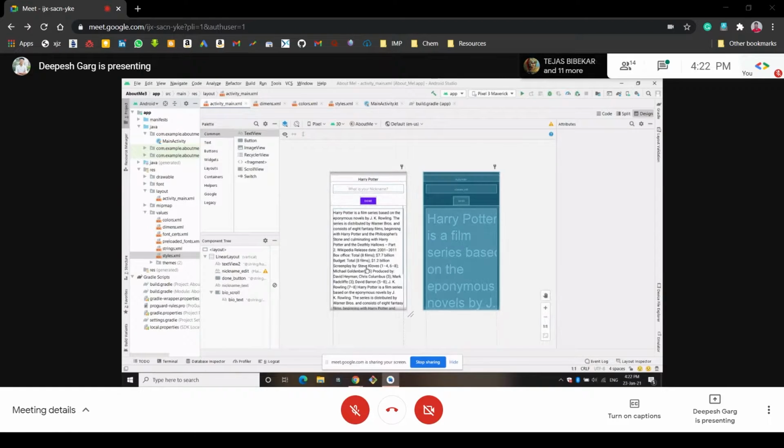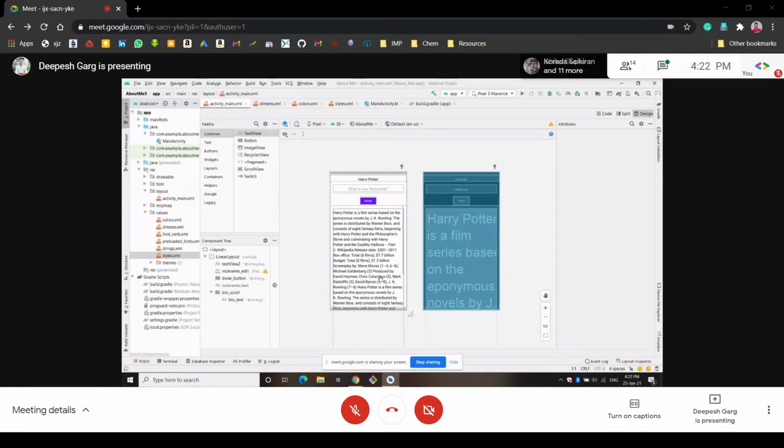So this is the UI that we have created till now. Now what we want is to work on the backend part. Means whenever we write something in this edit text view, where it is like what is your nickname, and we fill it with our text, like we fill it with Harry, and click the done button. So what it will do, Harry will be written here, and then the button will vanish from here, and only Harry will be visible here.